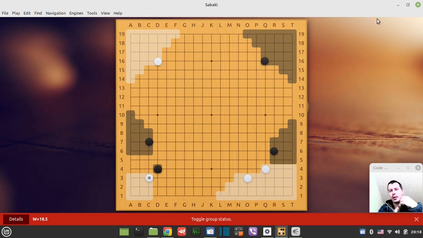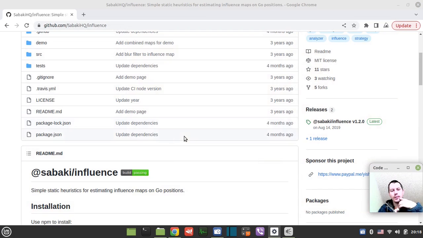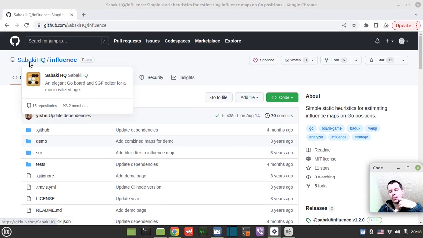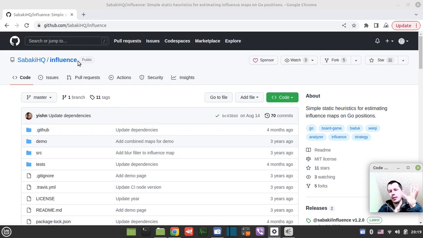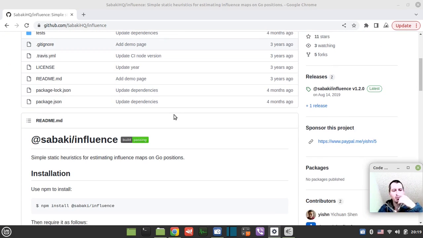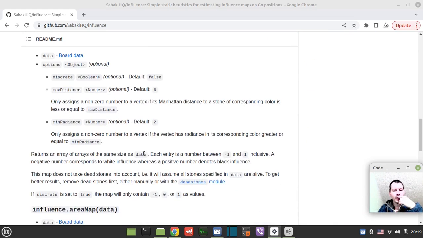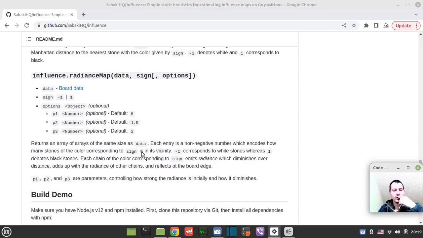fortunately what we have is the following. We have this Sabaki HQ GitHub repo where the Sabaki GUI is available. But Sabaki GUI is a bundle of many smaller applications, and one of those applications is actually this one. It's called Influence. This module does what you just saw on the board when you click on the estimate button. So let's try to build a sample from here,